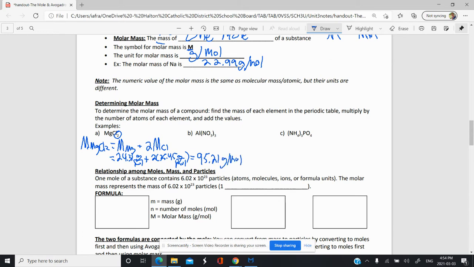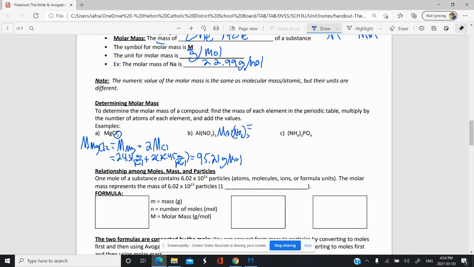So a mole of MgCl2 would have a mass of 95.21 grams in 1 mole of it. So let's try the next one. So we know that the molar mass of Al(NO3)3